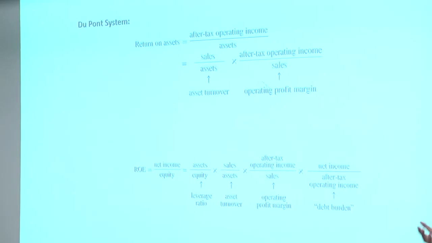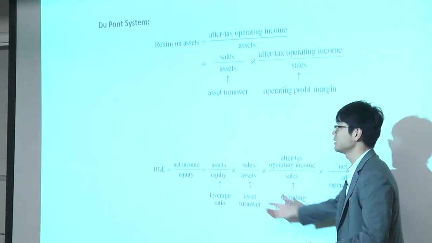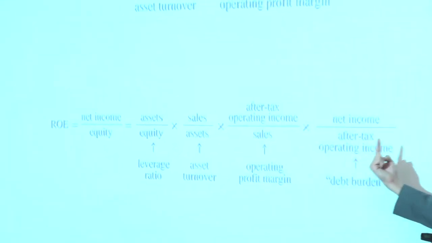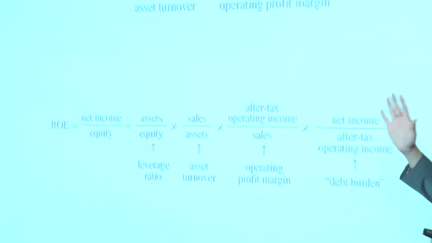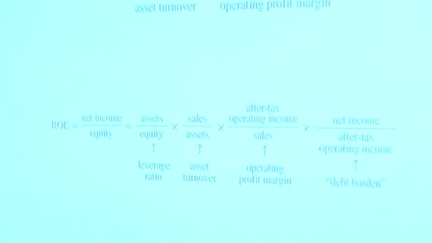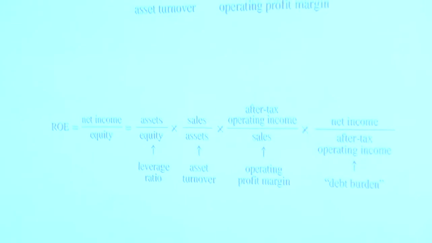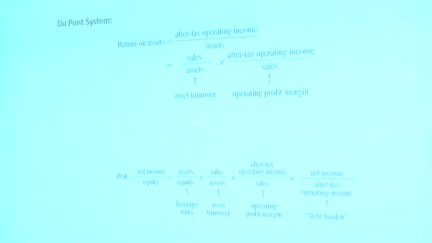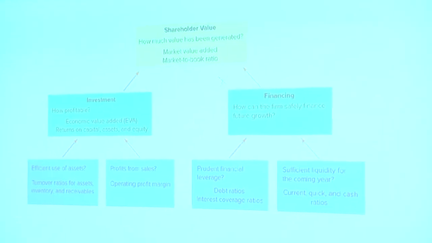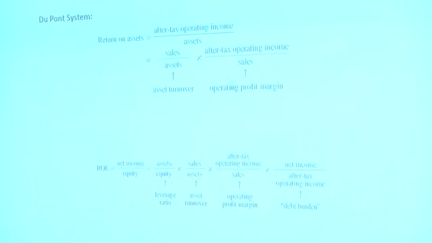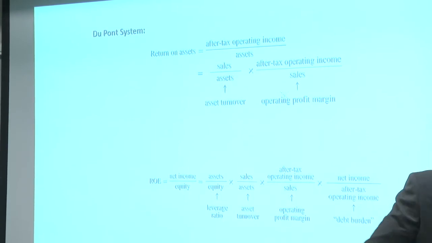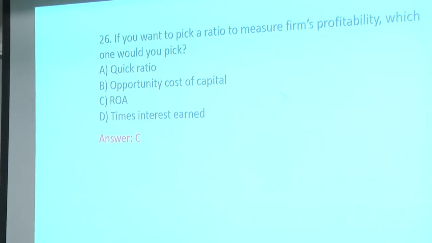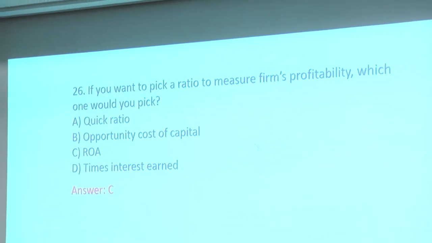For example, if you have a 20% ROE, you can have different values of those 4. So when we decompose, we want to see how the manager is actually managing to get this 20% return on equity. It's not one measure anymore. It's a number consisting of 4, and those 4 are associated with different parts of this company. That's what we're trying to do. We're not trying to make your life harder by calculating. So let's get into the questions.